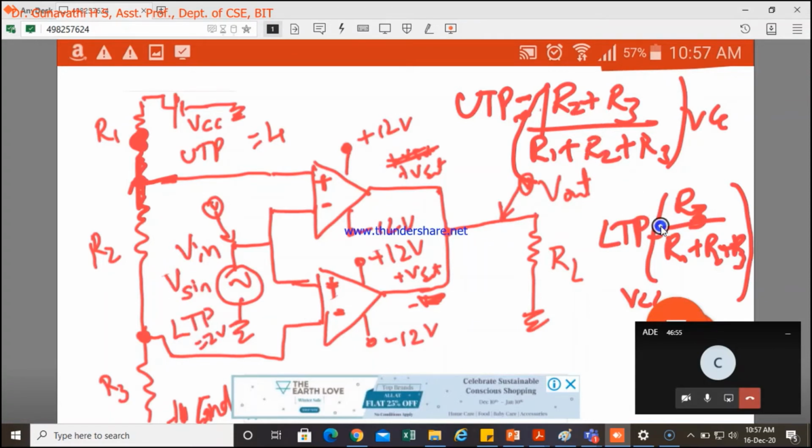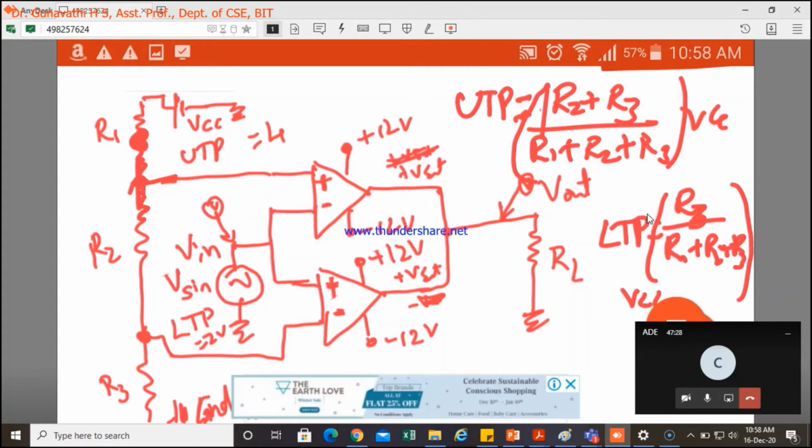Okay, we have two expressions here. We know UTP value and we know LTP value. But R1, R2, R3, three unknowns are there with our two expressions. Again, we know it is not possible to do the computation. Suppose if we keep assuming, again we'll end up with some values. Instead of that, we can do some computation between these two expressions. We can get one more expression, where we can reduce this and compute easily.